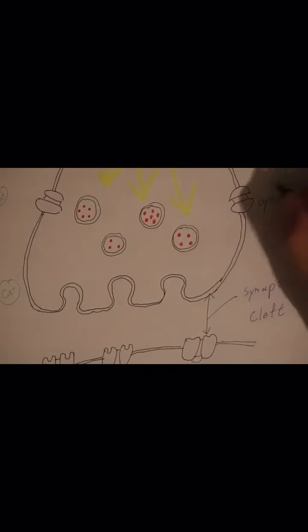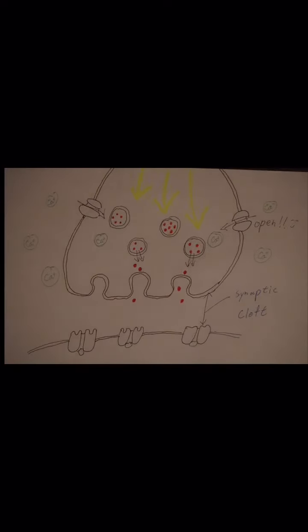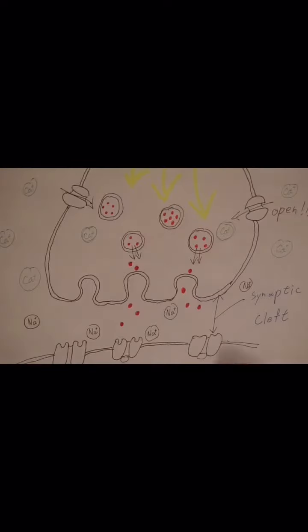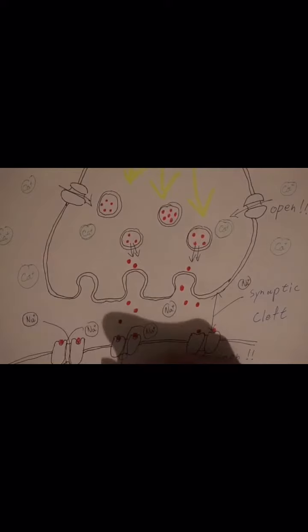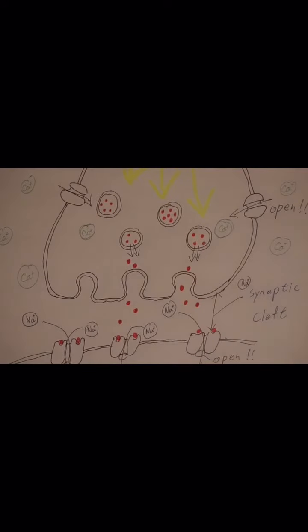It causes some synaptic vesicles to release acetylcholine, which diffuses across the synaptic cleft and binds to the receptor in the sarcolemma. When acetylcholine binds to the receptor, the ion channels open and allow sodium ions to pass through the channels and let